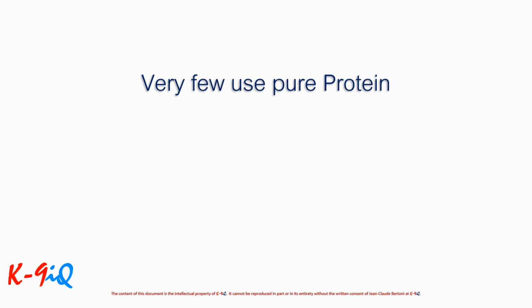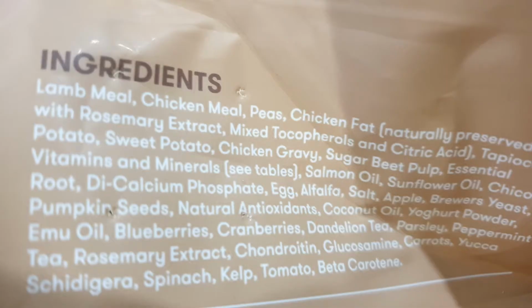So if you have a look at the first three ingredients on the package of dry food that you're using, the first one has to state what protein they're using. If they're saying chicken, you know that they're using 100% chicken protein. If they're saying chicken meal, then that's effectively a compressed or manufactured version of the protein itself, which is usually a byproduct of the rendering. So it gets boiled and boiled and boiled, but it's starting off with protein and ends up being a meal